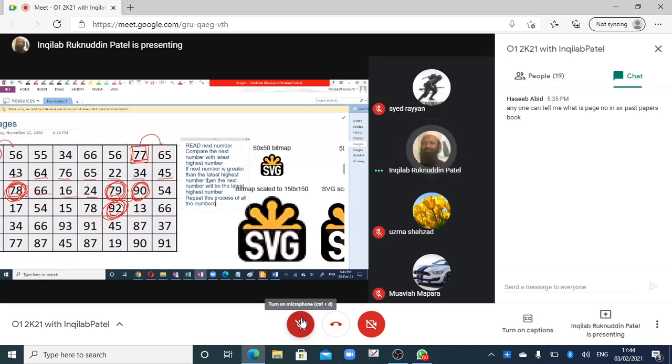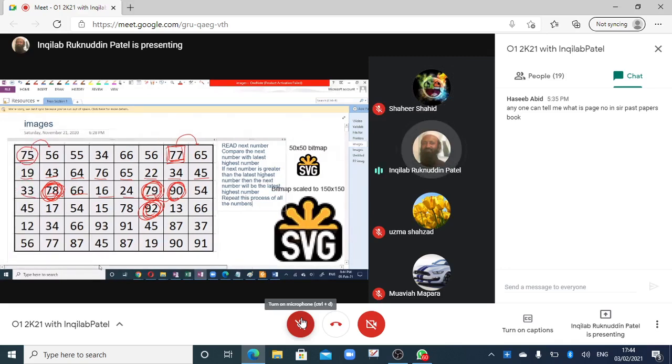What we are doing? First, 93 is the highest number. Whatever is there, it is not an issue. The issue is this step. We need to understand this one. We are reading a number, and whatever number we are reading, this is our next number, right? We read a number and compare the next number with the latest highest number.